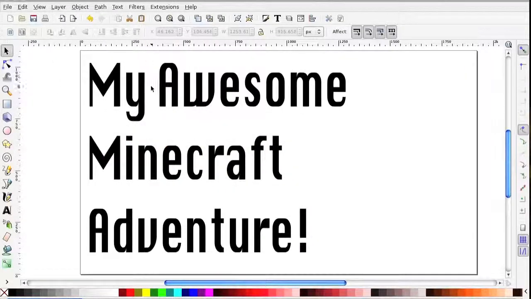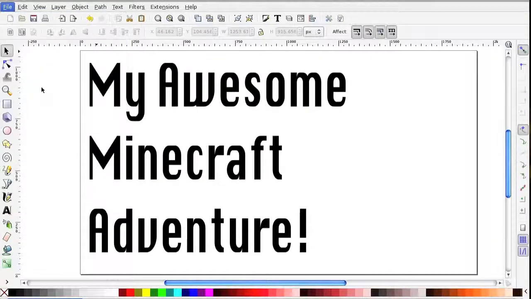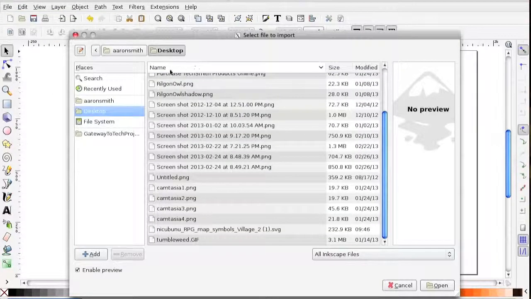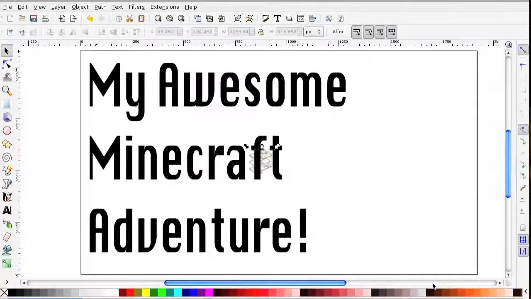Okay, so to import this, I go up to File, I go down to Import. I have it on my desktop. Let's go down to where it says Nukumuntu RPG Map Symbols Village. That's the file that I downloaded. I can click Open, and it's really small now, but I can drag this over and I can stretch it